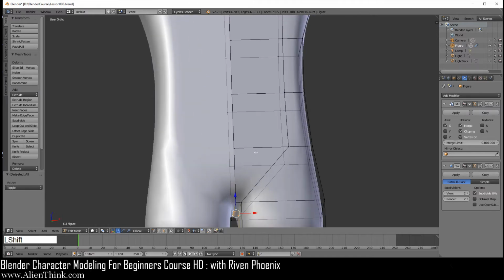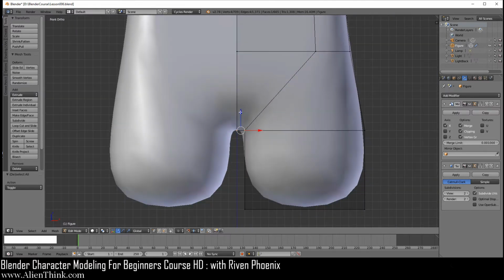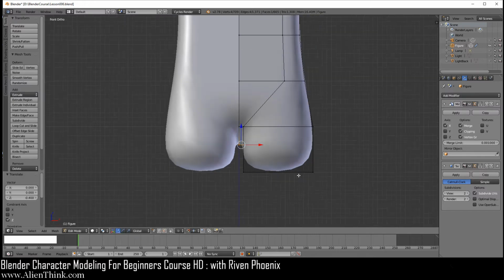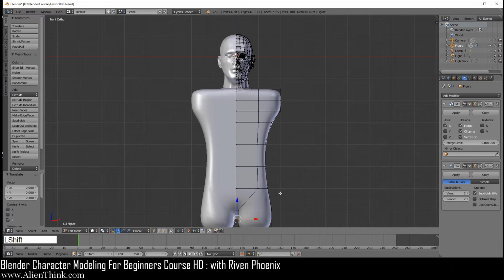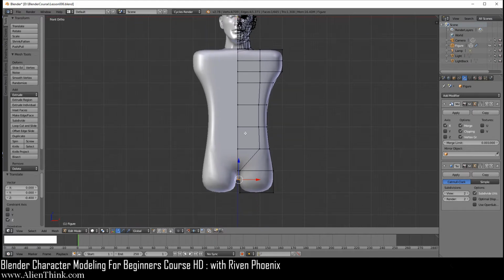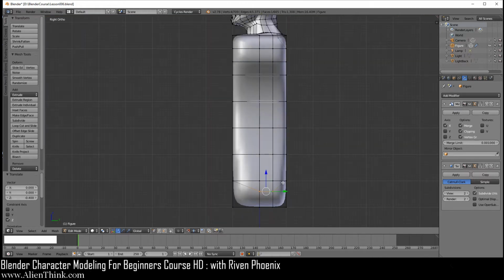Okay. So I've selected these 4 vertices over here. I'm going to go to my front view. I'm going to bring this down 1, 2, 3, and then 4. Okay. So you'll see that we're defining the basic structure of the top of the body. We'll do the legs later. And then we're going to go to the right view by pressing 3 and A to deselect.